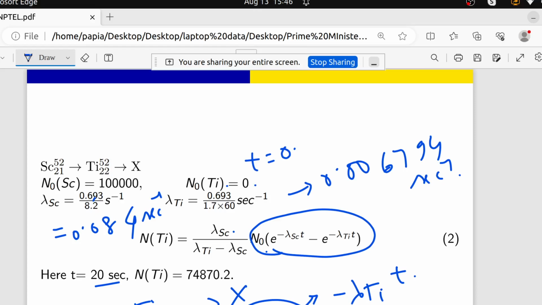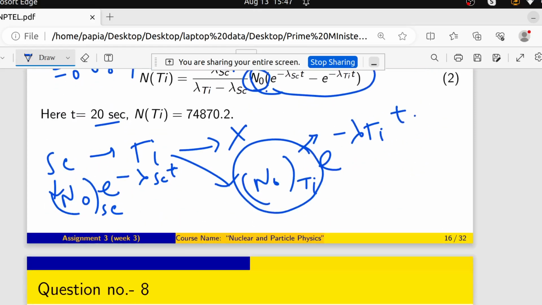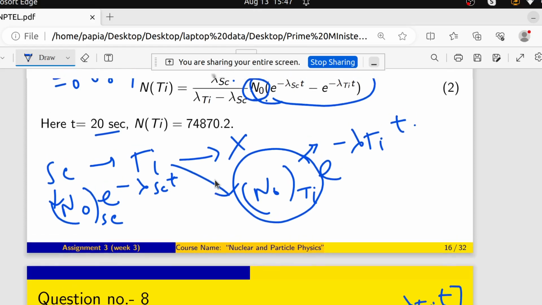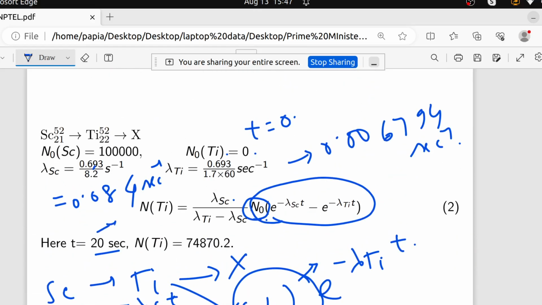And this n0, so that means what? So now n0 sc e to the power minus lambda sc t, and then the remaining part means n0 sc e to the power minus lambda ti into t. That much is there, and this will be multiplied by lambda sc, the decay rate of lambda sc, divided by lambda ti minus lambda sc. So if I put all the values, and if I put t equals 20,